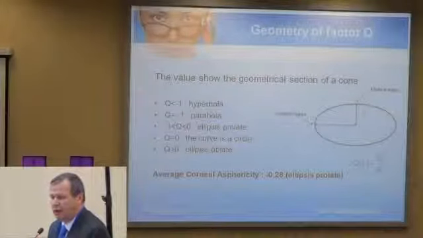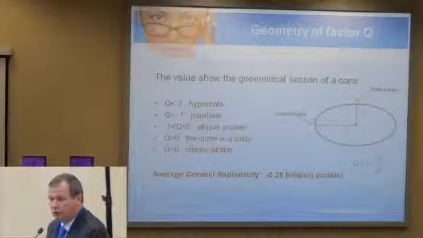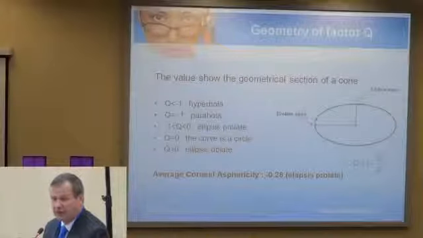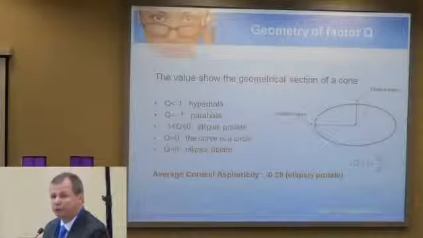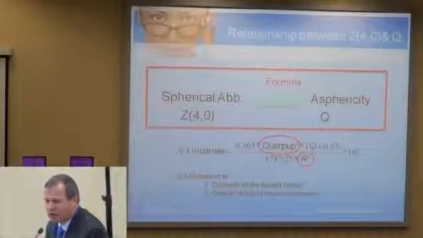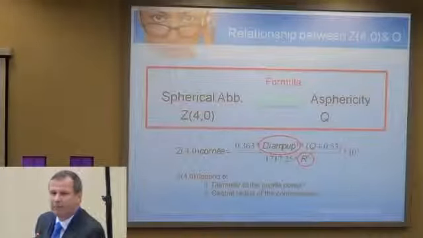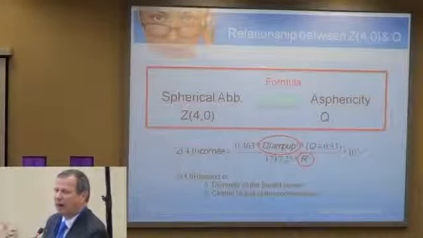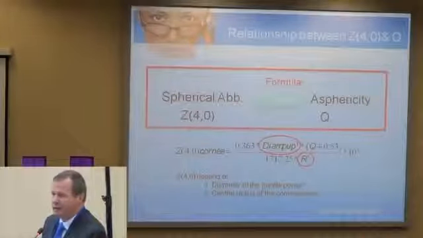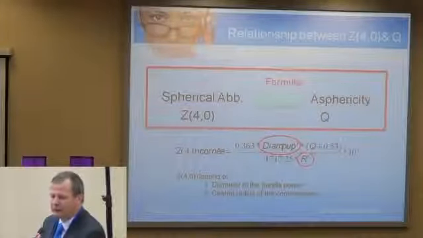And if you look at the bottom right side, the Q factor is just equal to 1 minus b squared under a squared. And that gives you everything between prolate and oblate system. That's not so difficult even if you are an ophthalmologist. And just look at this formula, which gives you the spherical aberration Z4. I put this formula very, very often because that gives you the point of many things.